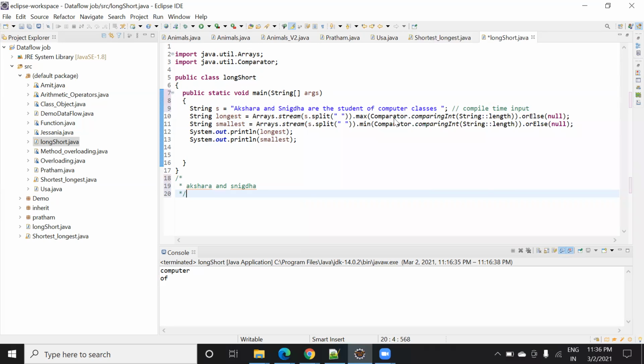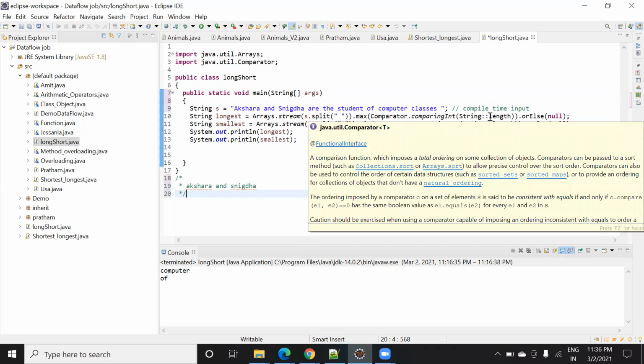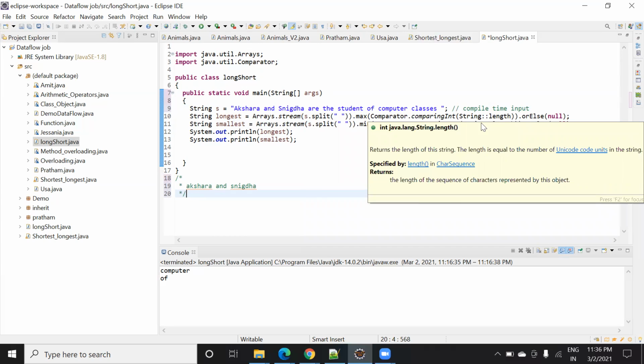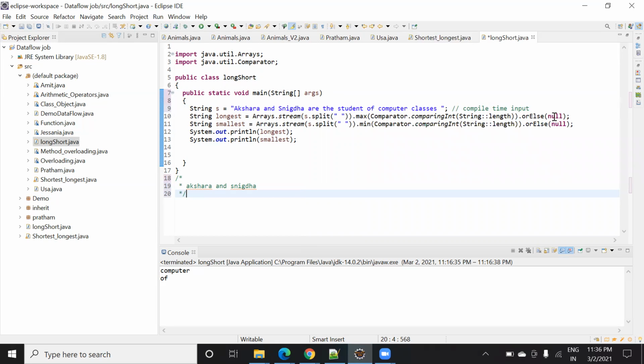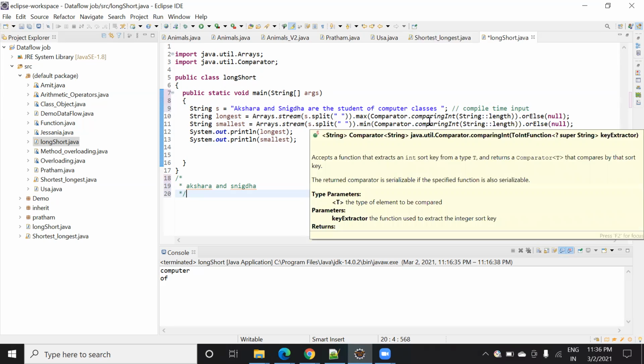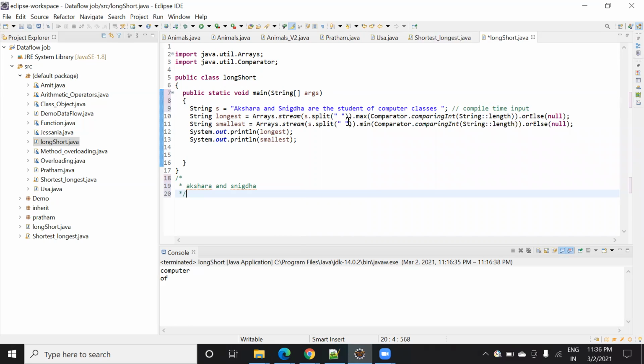It will compare based on the length of the string, or otherwise it will simply write null. As we have a string, it will do a comparison, find the maximum length word from this string and assign it to longest.